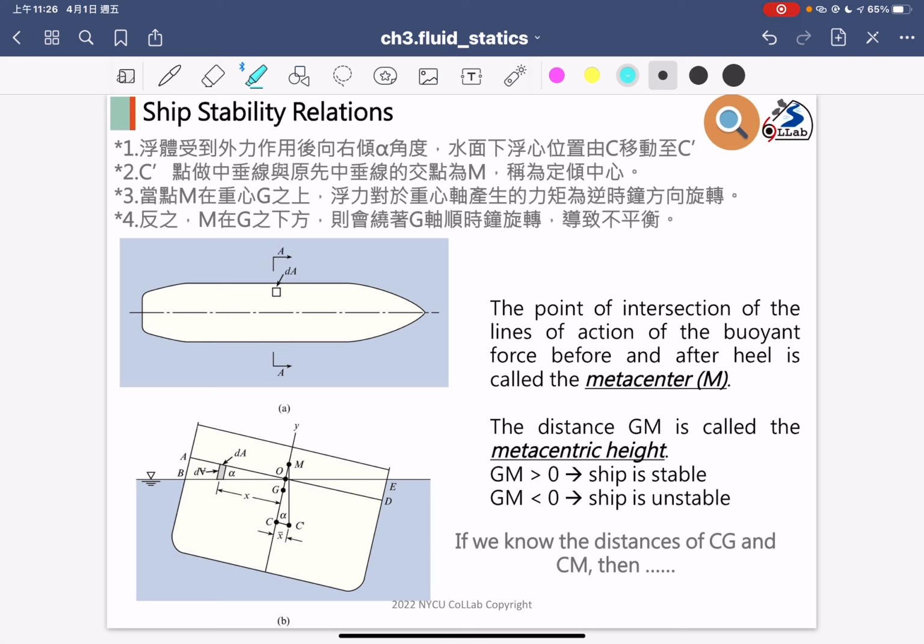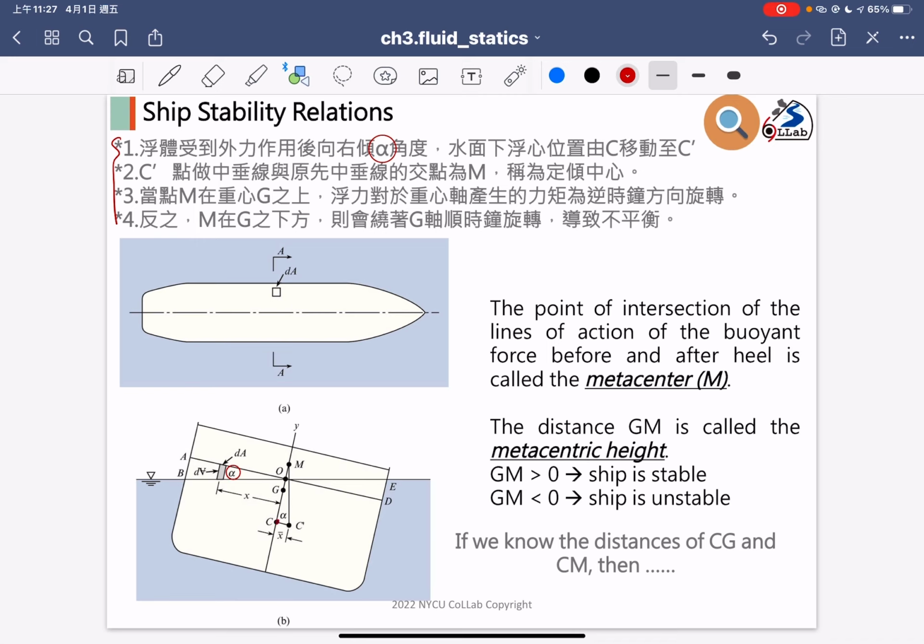So actually for the stability predictions, we follow four stages. I write down some sentences in here. Totally, we have four stages, as the cartoon figure shows here. What is the first stage? In the first stage, we assume the ship rotates by an alpha angle. And after the rotation,